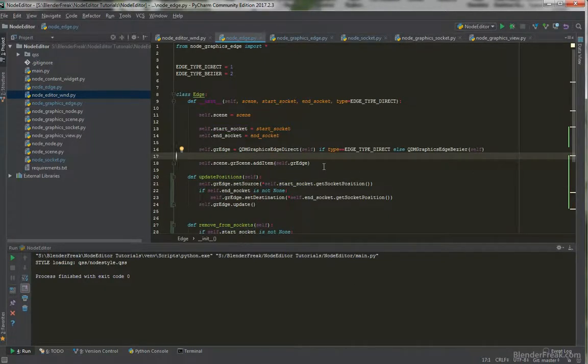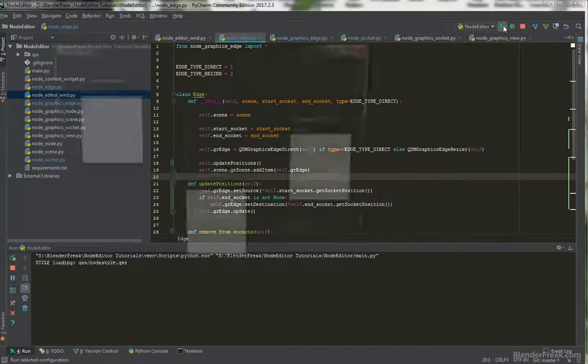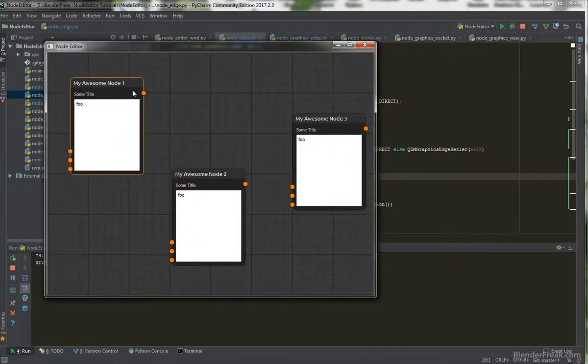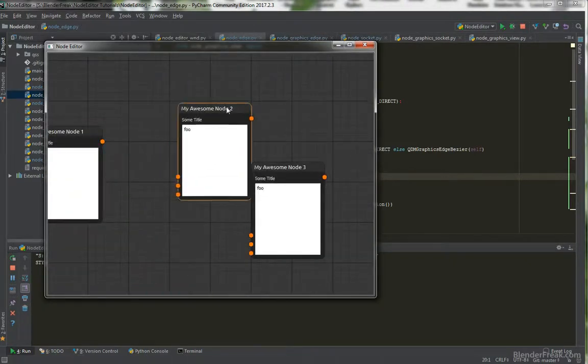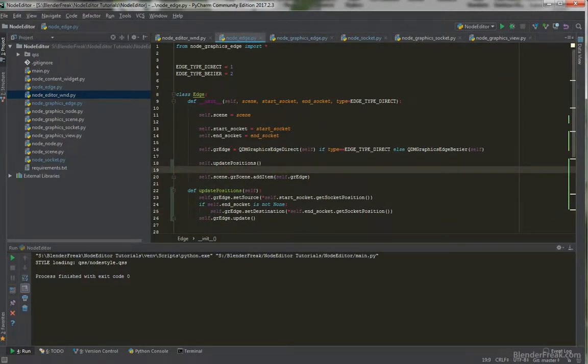Then what we can do is go up here to the constructor, and before we add the edge to the graphical scene, we can call self.update_positions, like this. And now when I run, it disappears and our edges are completely lost. And why is that? We can do update_positions, and let's do some debugging so you can see how I actually fix this in real time. After we define the positions, we can update them, and let's do some test debug